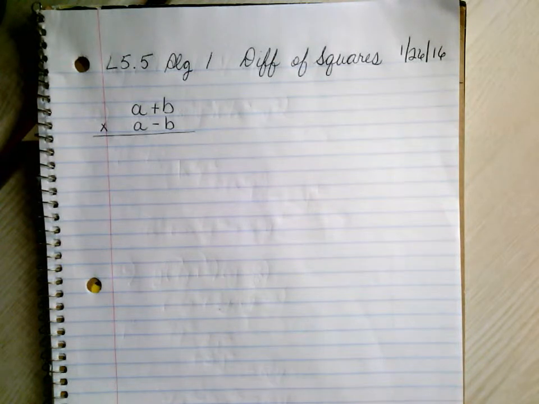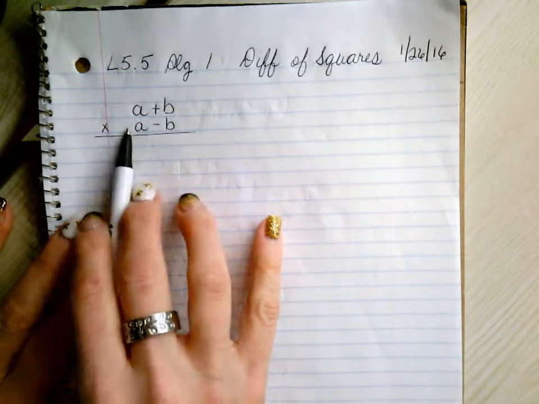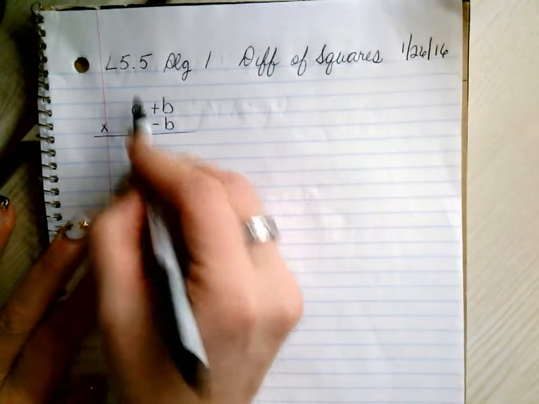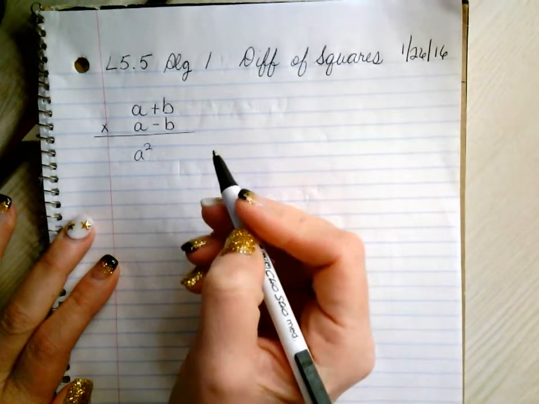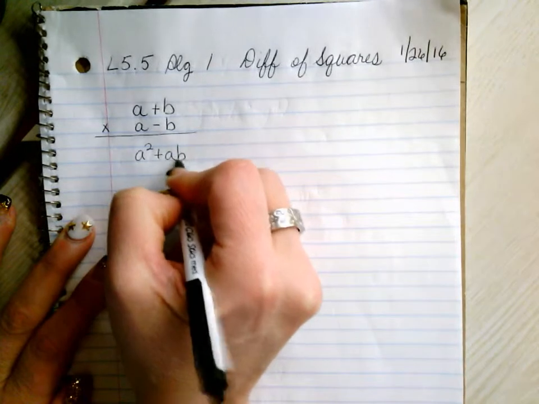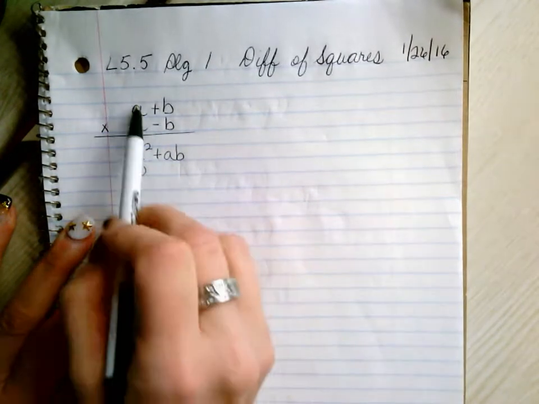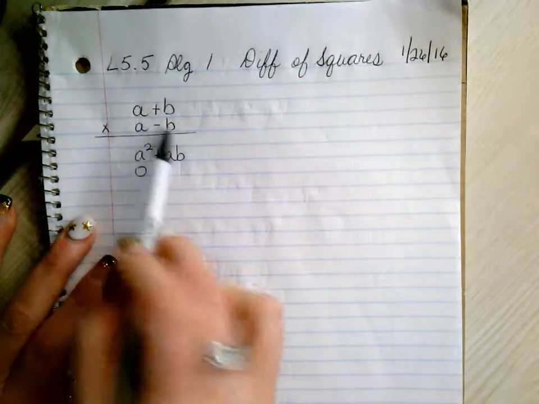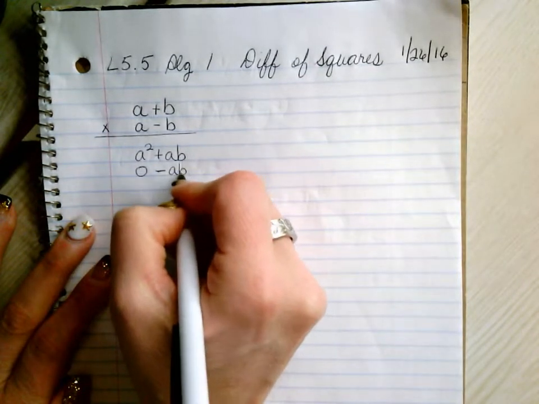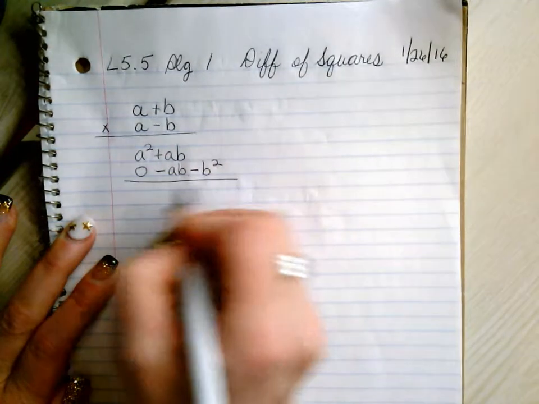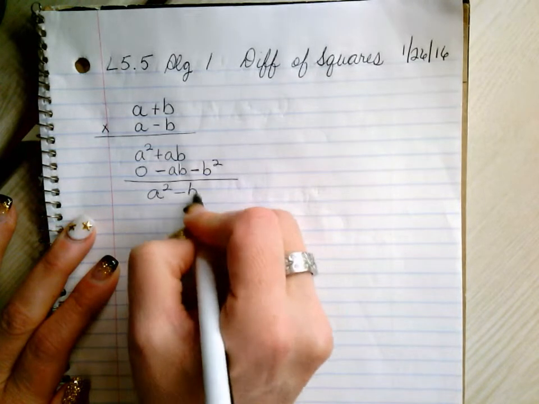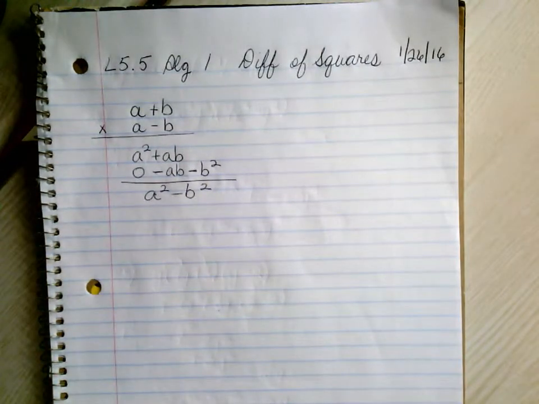So, the end result of the sum of two numbers multiplied by the difference of two numbers is going to look like this. Let's do it. A squared, right? How about this piece? Positive AB. Move in one position because we're done here. Over here, negative AB. That times that is negative B squared. You guys tracking with me so far? The center linear term cancels itself out, giving me A squared minus B squared.